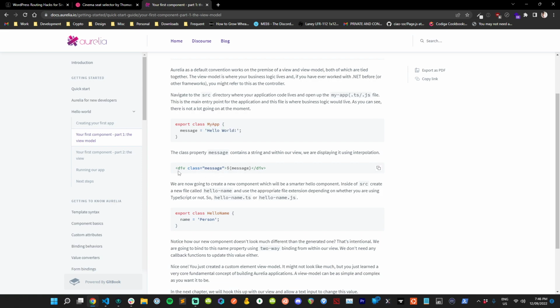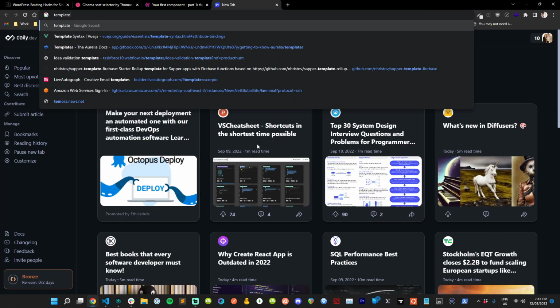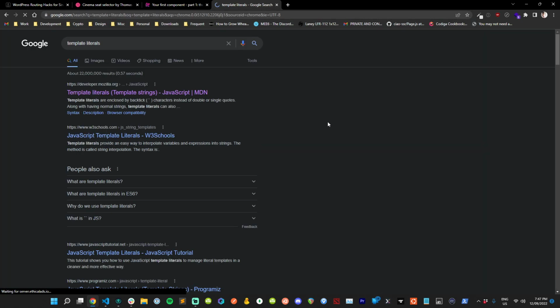So you'll actually see on this next line, this little code example here of a $ sign and then two curlies. If you've worked with Vue before, you might be familiar with the double curly brackets, opening and close, to print out a value in your template. Well, Aurelia actually uses the template literal syntax. So if you look up template literals in JavaScript,